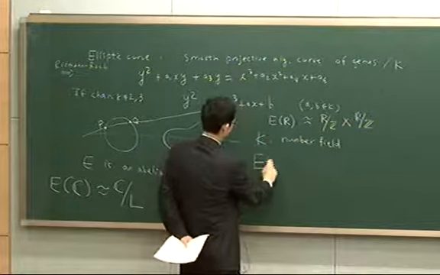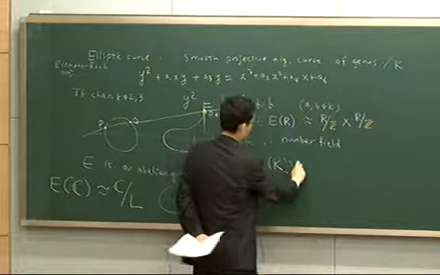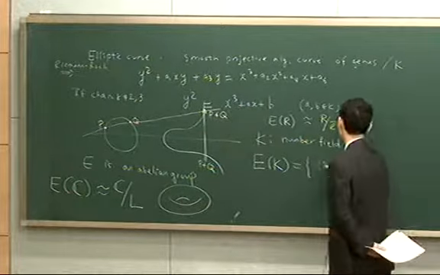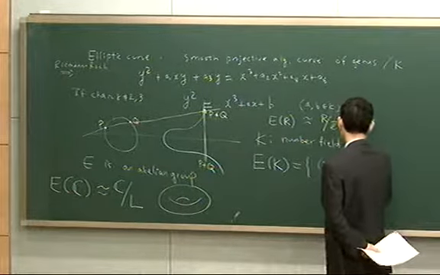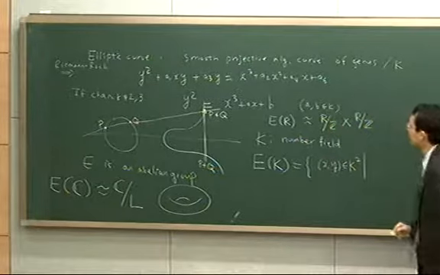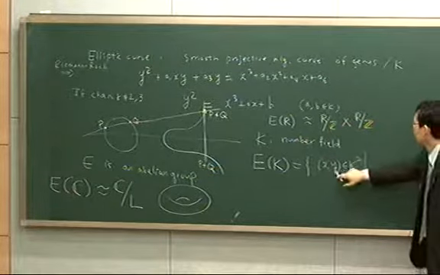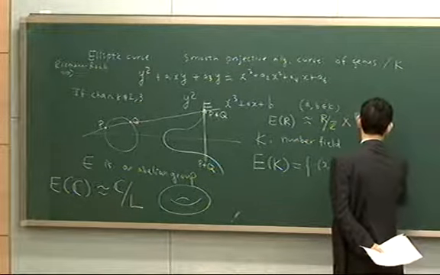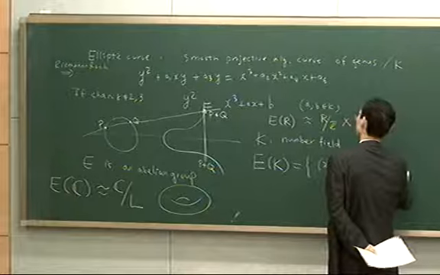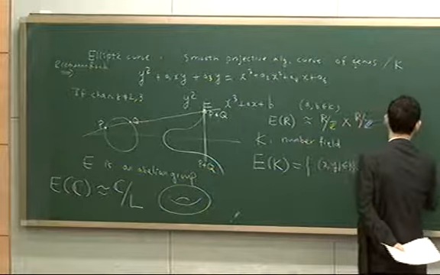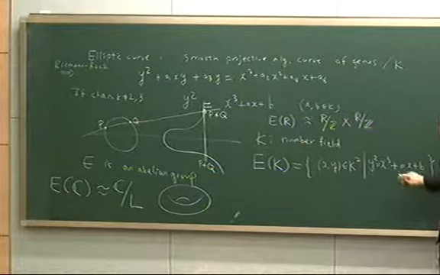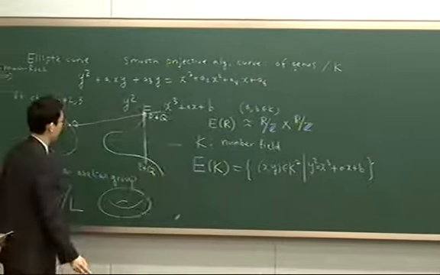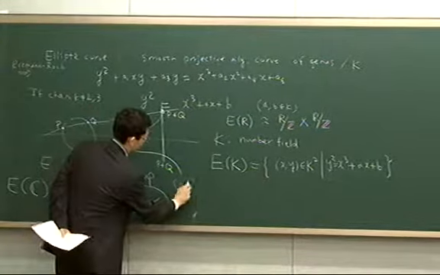So if we denote E(K) as the set of points which satisfy the elliptic curve equation with coordinates in the number field K, the identity element is given by (0, 1, 0)